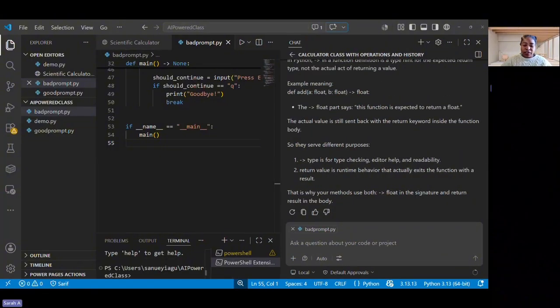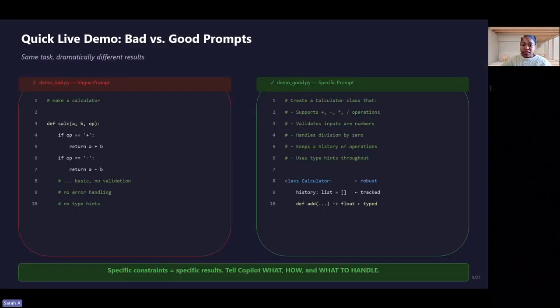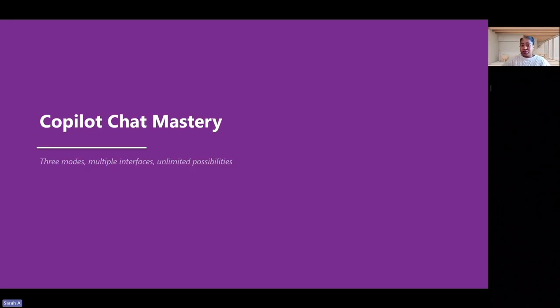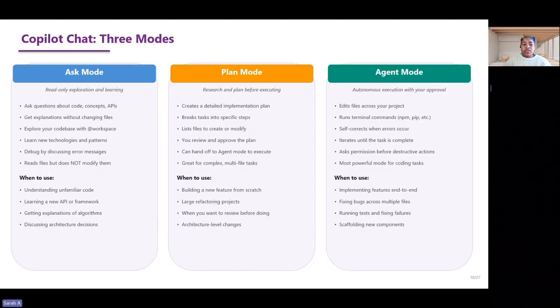All right. So that's what I wanted to cover on the prompt engineering side of things. Then I want to talk about the modes that we've just made use of just now. But again, I'll show us what it looks like. So now Copilot Chat has three modes, and understanding when to use each one is critical. So one is the ask mode. Ask mode is for when you are trying to understand the code that a senior developer must have written, or you're trying to understand the code base or a workspace. An example would be